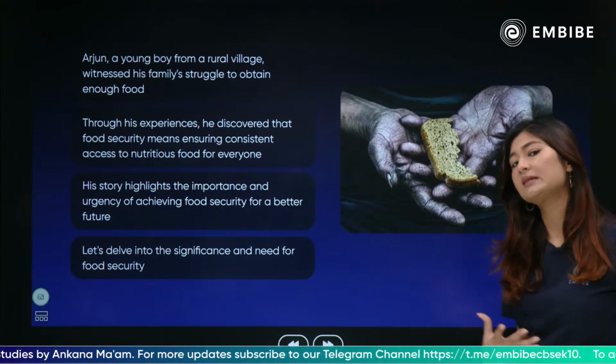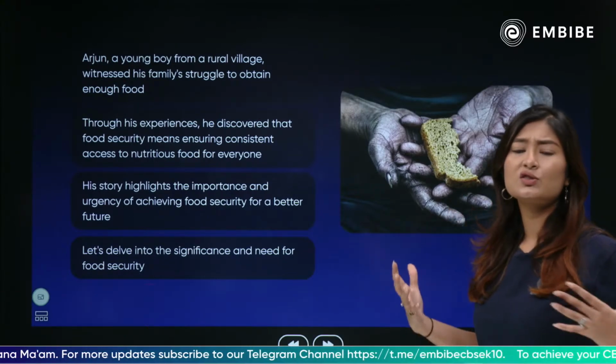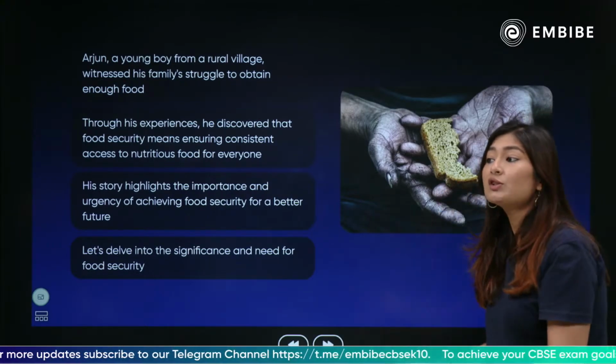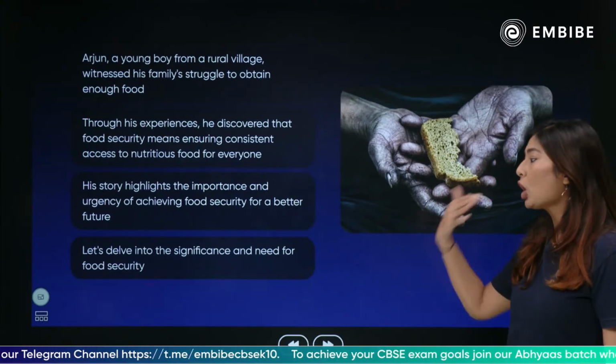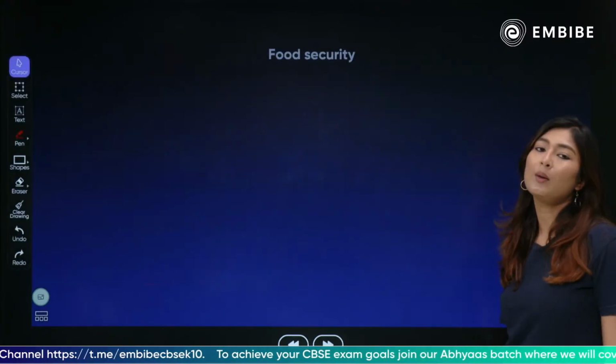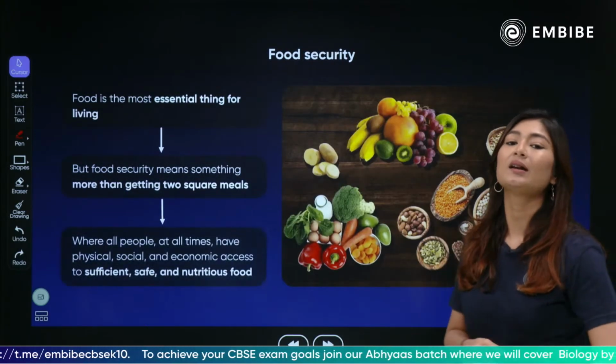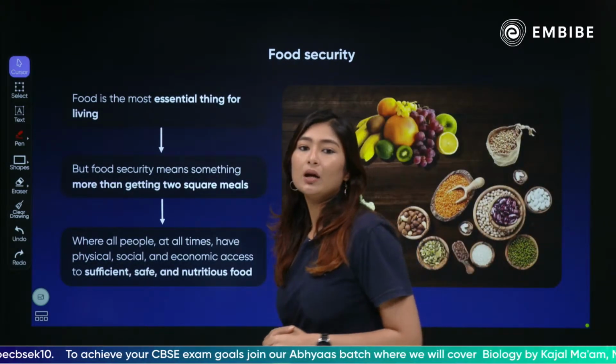अर्जुन की कहानी से हमें समझ आता है कि there are families which are struggling to find food. हाउ डू वी इंश्योर कि उनके लिए खाना अवेलेबल है. इसकी इम्पोर्टेंस पे, इसकी इंश्योरिटी पे और फूड सिक्योरिटी पे हम और डिटेल में बात करेंगे. So let's get started and understand the meaning of the very term food security.